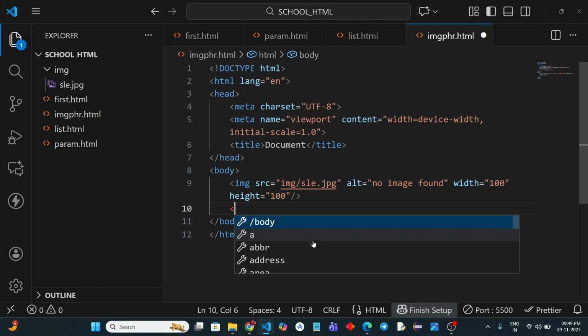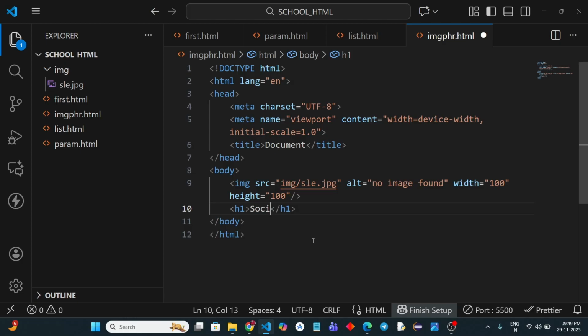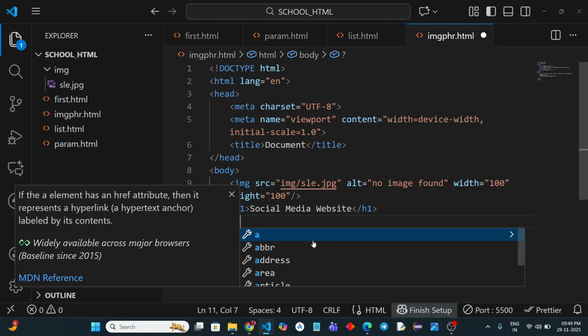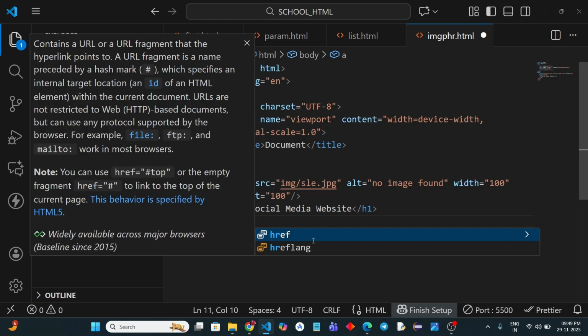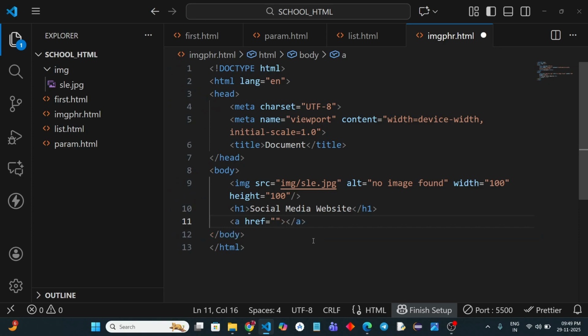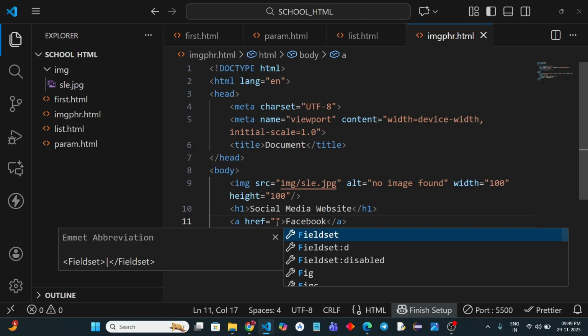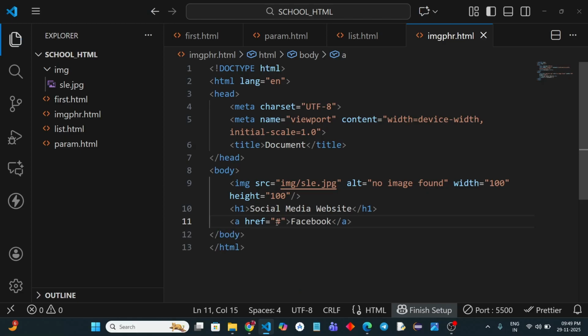Okay. So let me give one heading tag, social media websites. Which are the social media websites? For example, Facebook. To make a link with Facebook, there is an option called a href, and here add Facebook. Okay. Initially I will add a hash here. If you try to run this file,